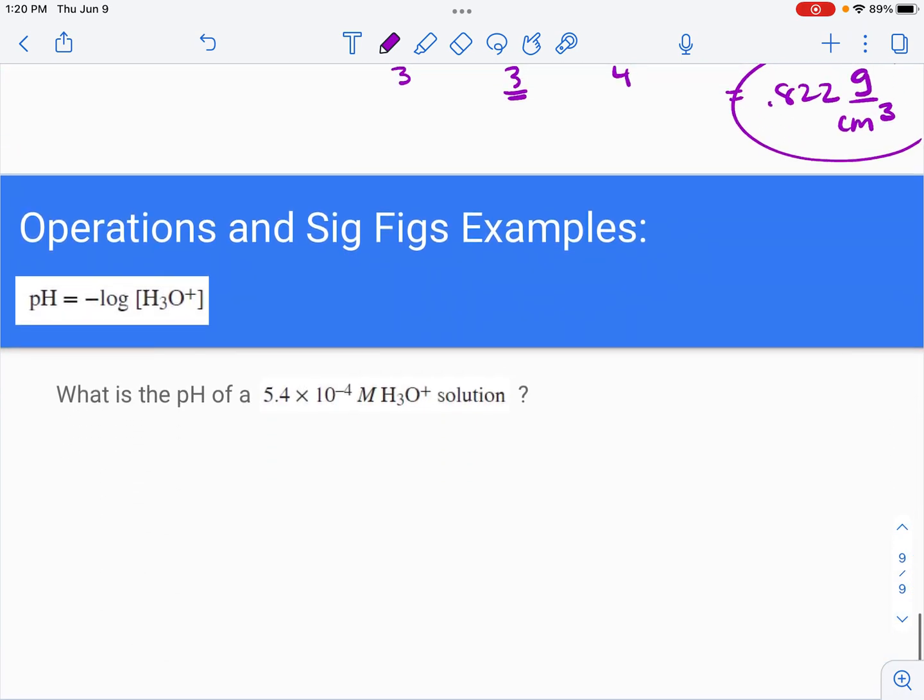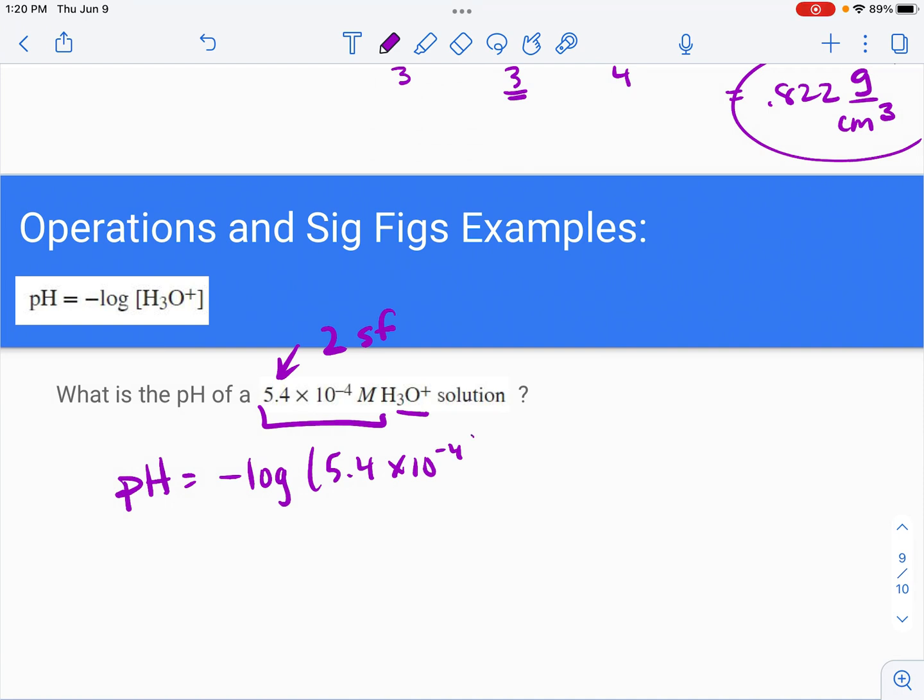Finally, let's do a logarithmic example. We do pH all the time later in the year, so I just want to introduce you to it. If this is a measured value, this has 2 significant figures. Because it's in scientific notation, everything at the beginning has 2 sig figs. If pH equals the negative log of the H3O plus concentration, pH would equal the negative log of 5.4 times 10